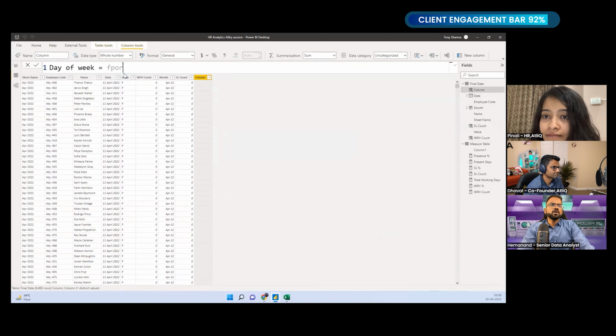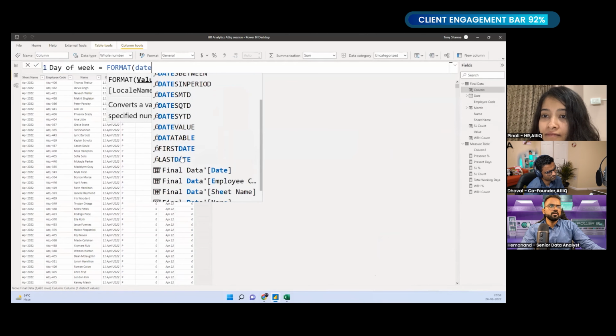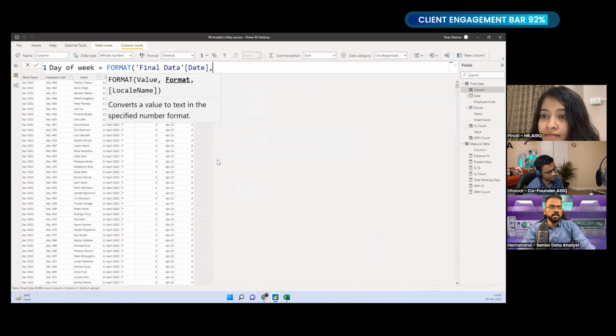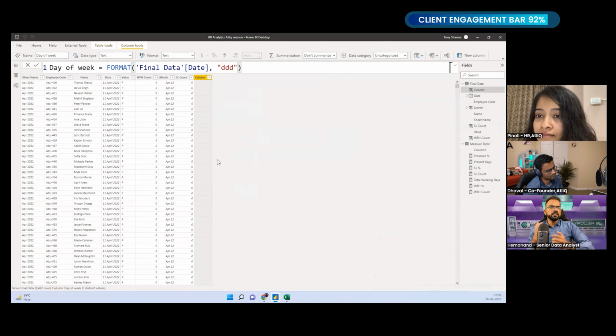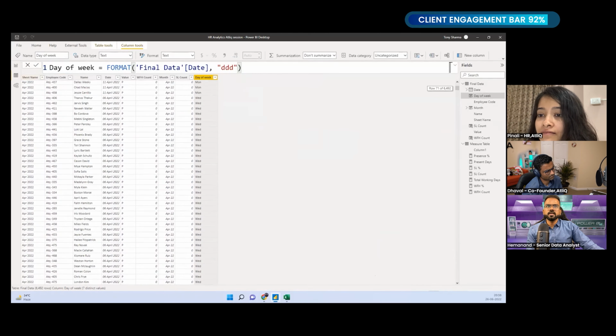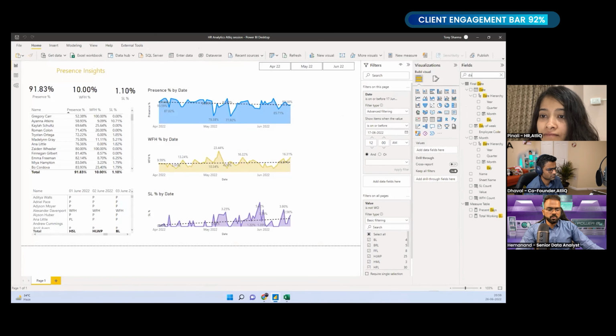I think what we need is just to change the format of the day that we already have. So we have the day, and I'm going to change the format to this, which will provide me the day in three-letter format. Yeah, you can see that I have the Monday, Wednesday, Tuesday now. And if I put the day of the week here,